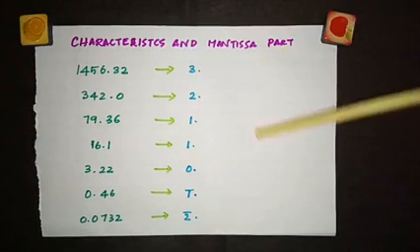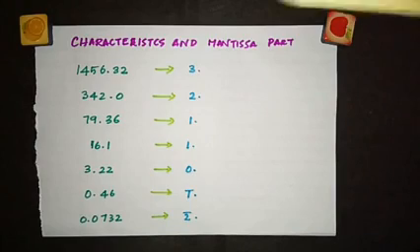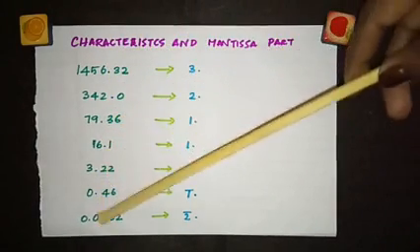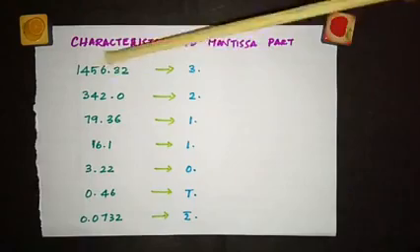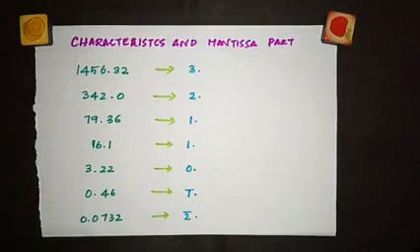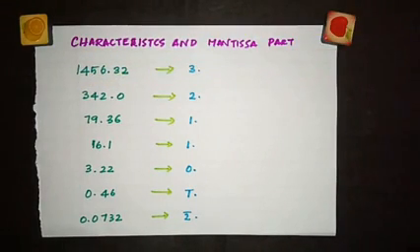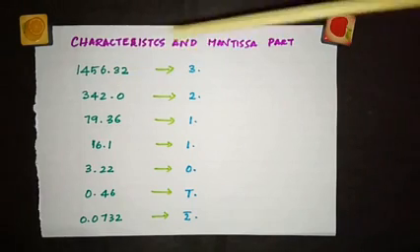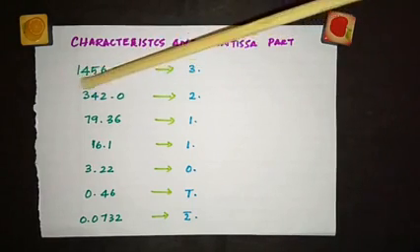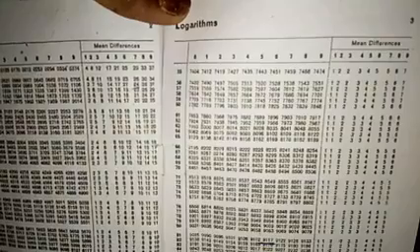Now for writing the mantissa part, you have to look into the log table. And remember one thing, when you are looking into the log table, please don't worry about these decimals. We use this decimal to write this characteristic part, and that's it. While looking into the log table, just take the first 4 digits. No matter how many digits are there, when you round off to the correct value, you will get the proper answer. So it's okay to look into the first 4 digits in the log table.